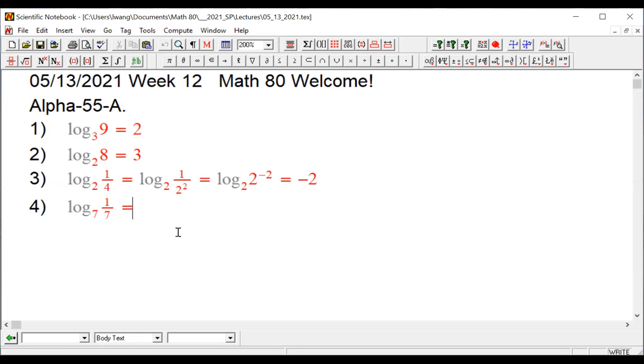We can work a little, right? We can write it as log base 7. 1/7 is 7 raised to the power of what? -1. So the answer is what? -1, right? Is that right? Okay. So now let's try